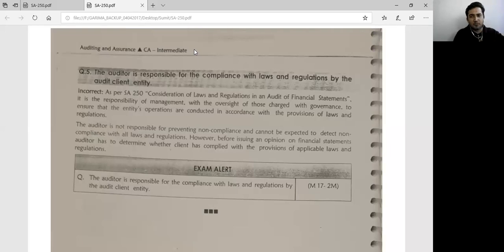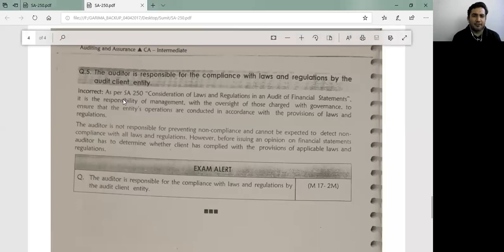Yes, it is the responsibility of the management. Okay. Let's see what they've given. It is said incorrect. As per SA-250, consideration of law and regulation in an audit of financial statements, it is